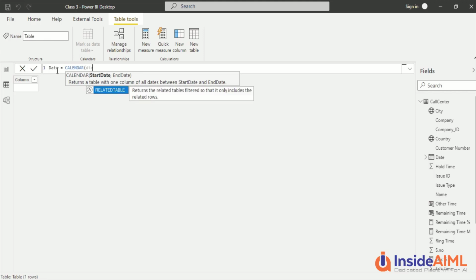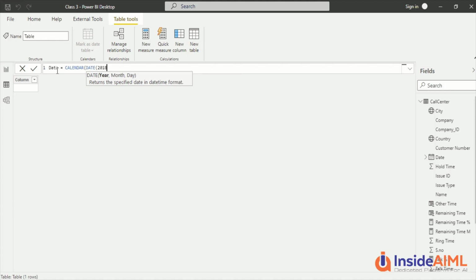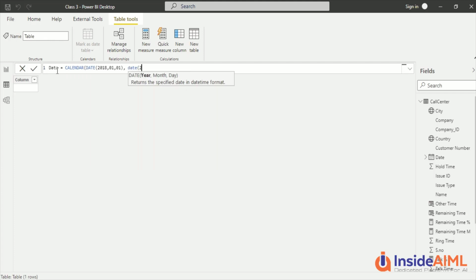It needs two dates, so I'm going to use the date function which can create a date for me. 2018 we have seen from 01-01, and for the end date, let's take till the end of this year, 2021-12-31. So till the end of this year, and we're going to create this calendar.